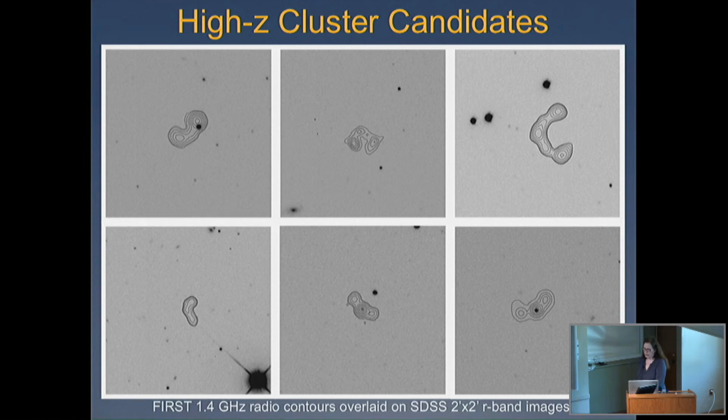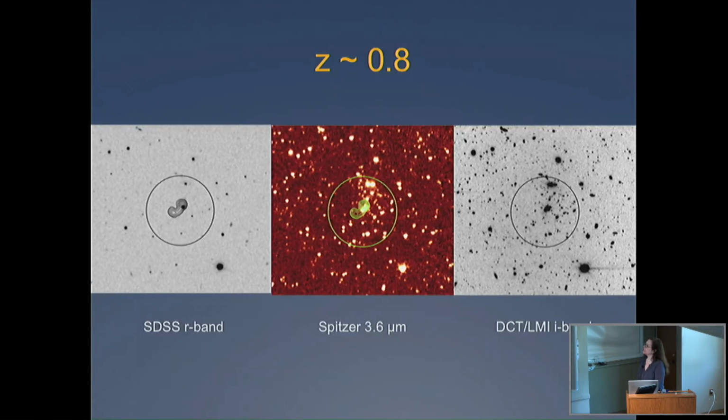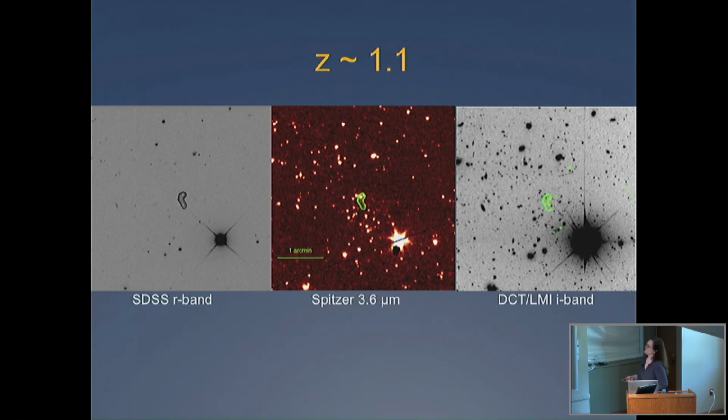So here we're going back to our candidate fields and then some of the discoveries we've made of these high redshift systems. So this would be one in the R band, looking at the environment of this radio source. You're not seeing much there. Spitzer, you see a really obvious cluster just pop right out. And then this is the nice image in the I band. Sometimes we get great seeing there. It could be 0.6 arc seconds. Sometimes it's 3. So it highly varies.